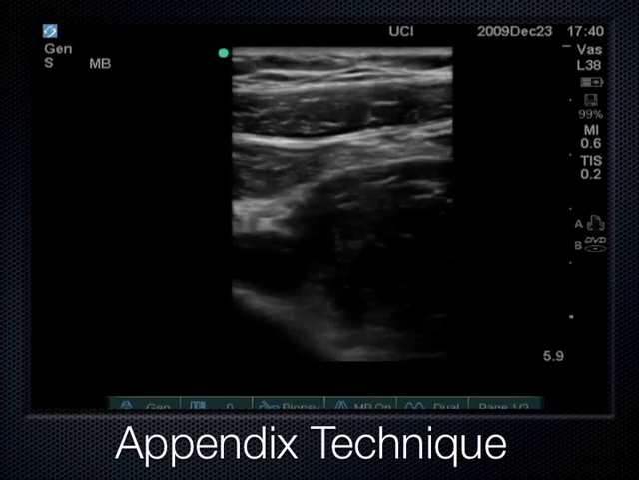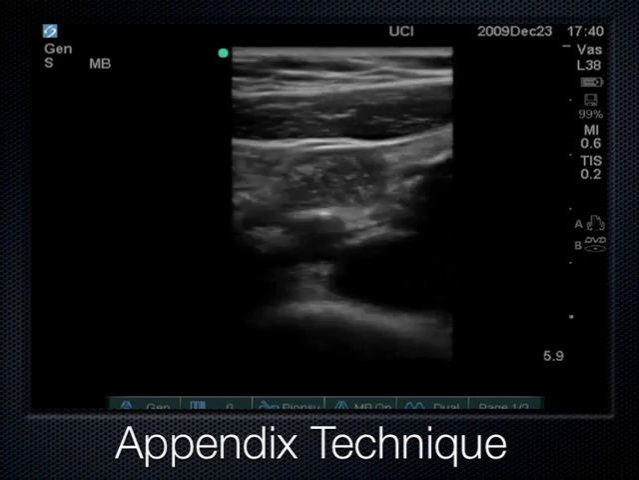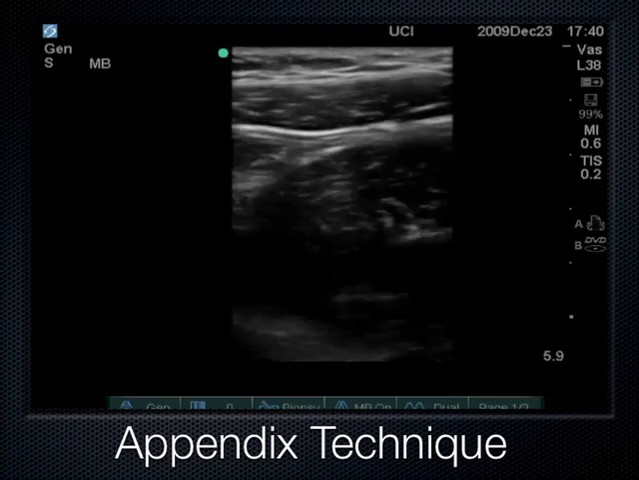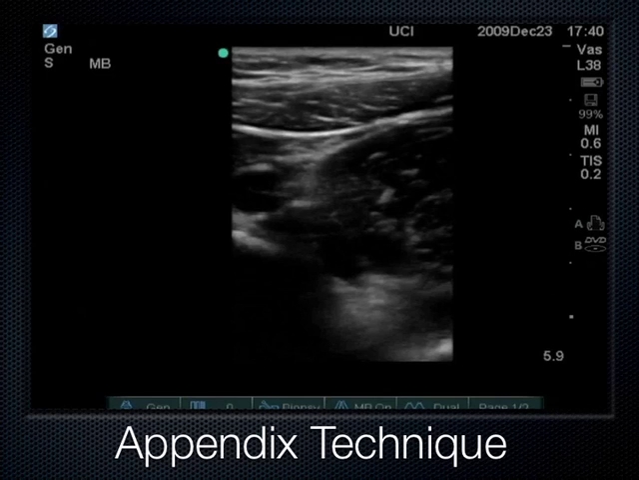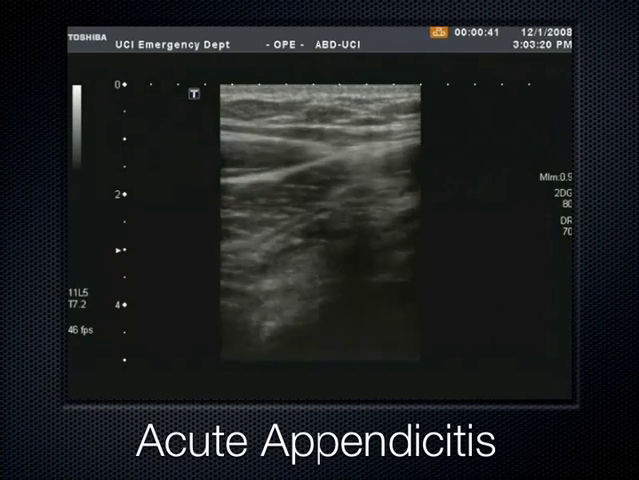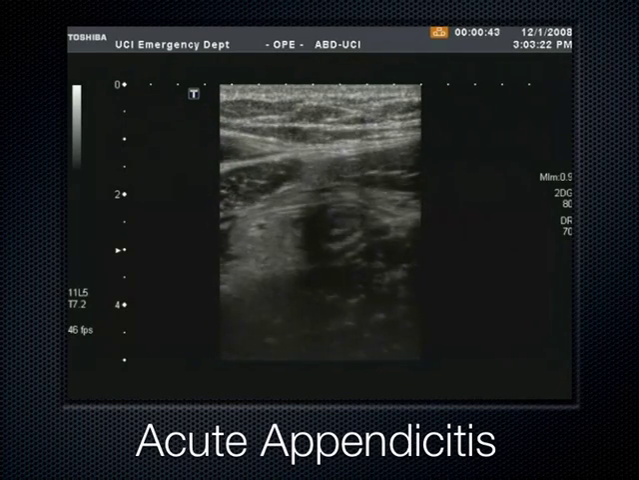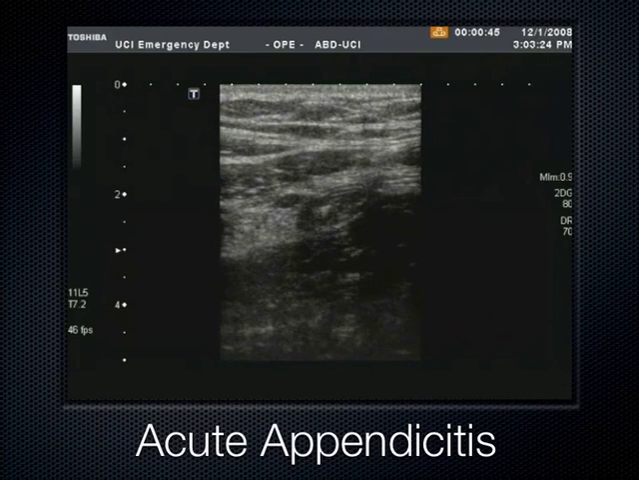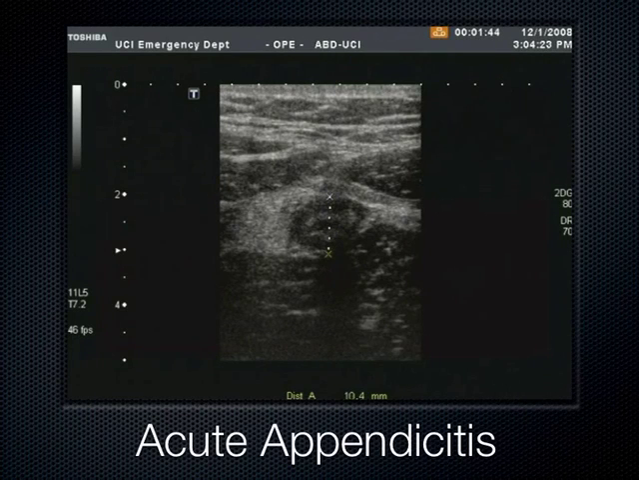The psoas sandwiches the bowel. Now, if the bowel is normal, it just compresses, squirts out of the way like it is here. But if the bowel is abnormal, if it's acute appendicitis, then what happens is you get this round structure here that's more than 6 millimeters that lacks peristalsis, that when you compress